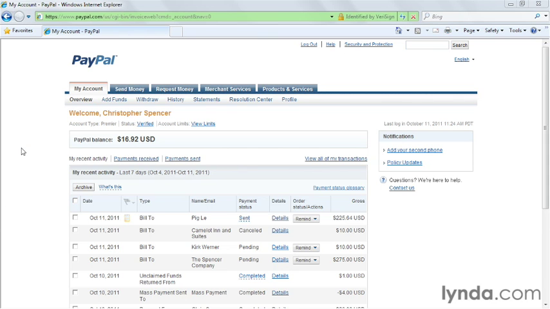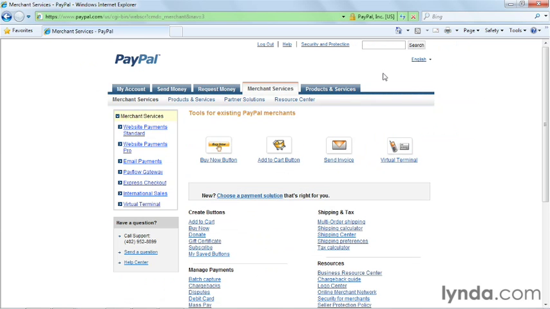The Merchant Services tab is a great place to start learning about how to use PayPal for your business. And you can easily generate simple HTML buttons that allow you to sell products on your website. These can be added to any web page quickly and easily. You'll see right here at the top section that there are quick and easy links that take you to these